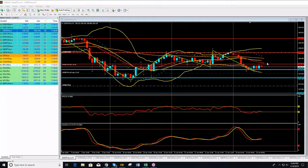Do you understand why these levels are very important for today, 108.20 and 108.05? Do you understand why I prefer dollar yen to break to the upside? Why? Because it will be much easier to hit our TPs on long positions because we have nothing preventing. Yes, I'm long, Donald. Let me provide you with the position. I'm long dollar yen